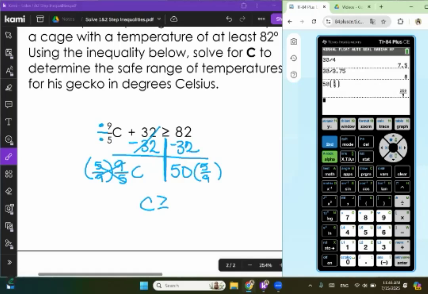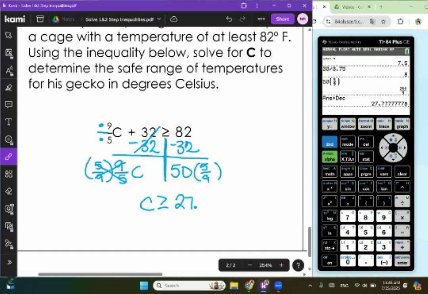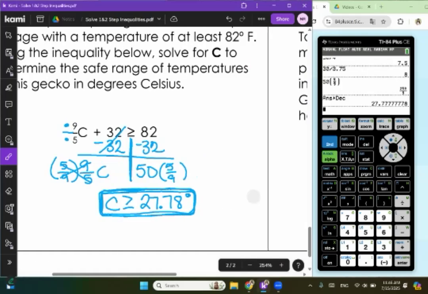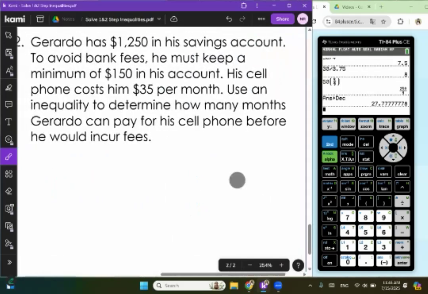So what am I going to do? Because we are talking about temperature, I probably want it in decimal form. So math 2, enter, and we get 27.78. Okay. So in degrees Celsius, he has to keep it at 27.78 or higher. At least 27.78 degrees. Okay. Number 12. Gerardo has